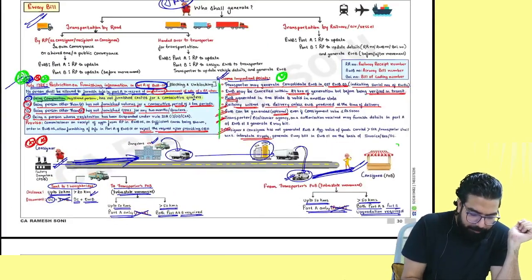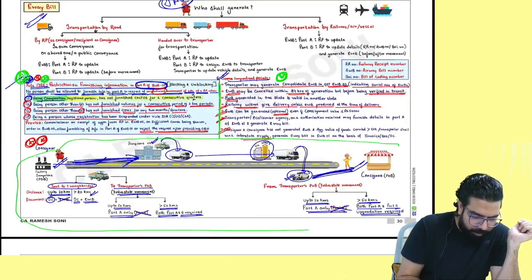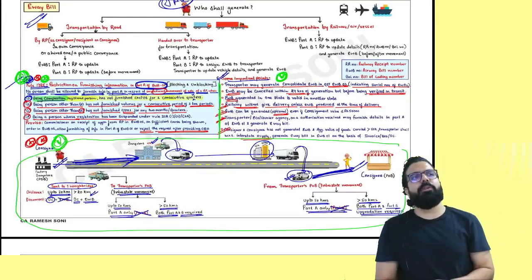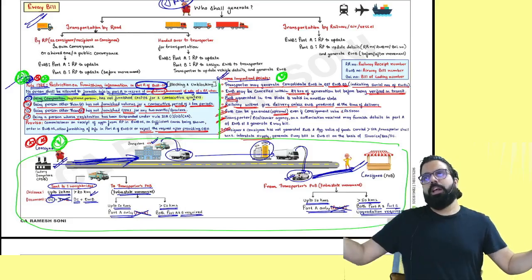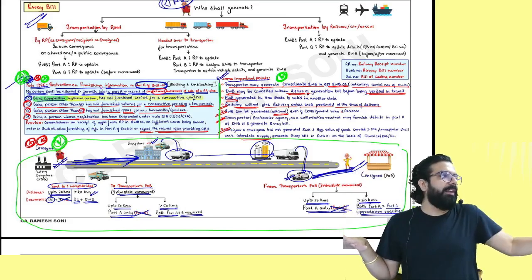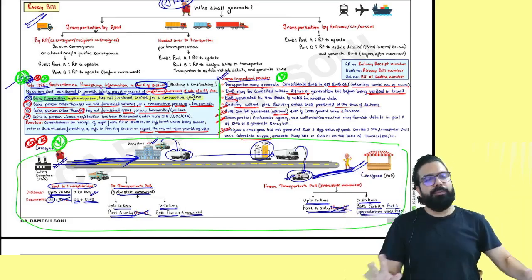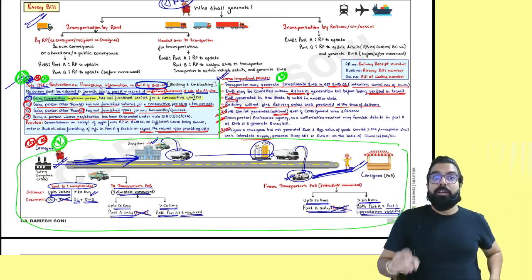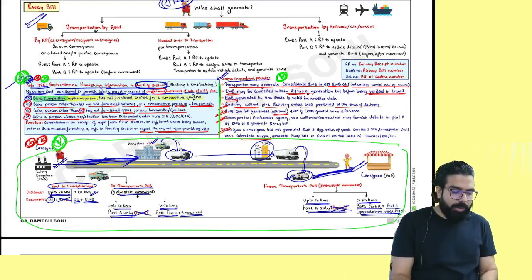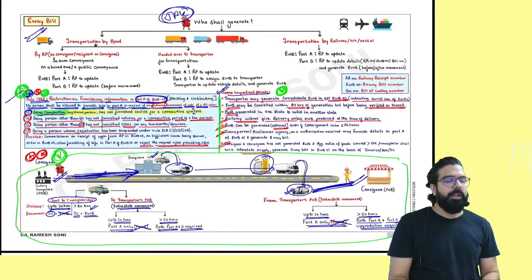This point is important: when is Part B updation not required? When you are sending it to the transporter, and the distance is up to 50 kilometers. Transporter to the final destination, when the distance is up to 50 kilometers. Inter or intra? Intrastate movement. That's all, everyone. I'll close my revision on the chapter of E-way.